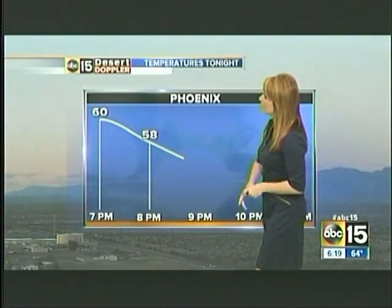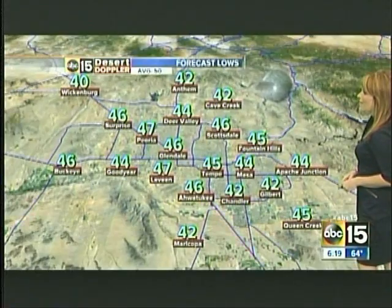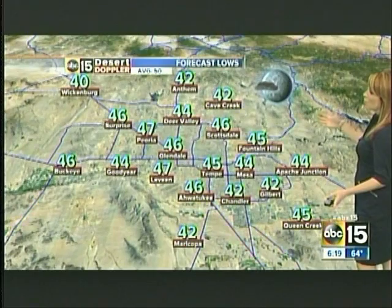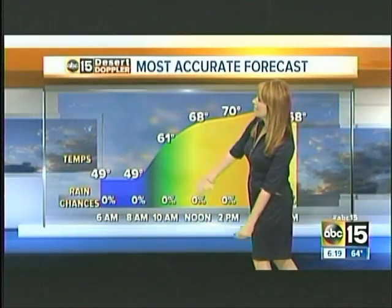And as we head through this evening, we'll be down into the 50s by 8 o'clock tonight, continuing that cool down to 53 by about 11 o'clock. Lows then drop in the overnight hours going into tomorrow morning to the 40s across the valley. So a chilly start to the day. By 10 o'clock, we'll be in the low